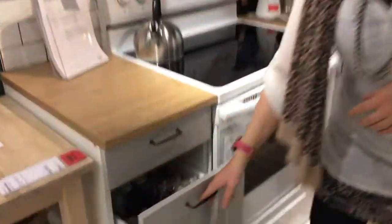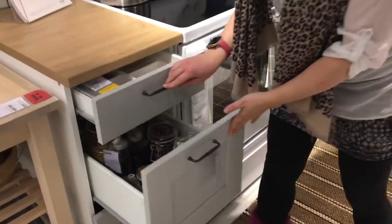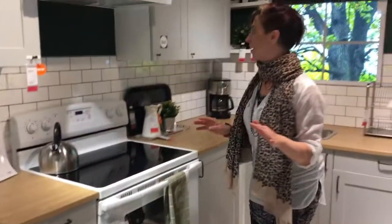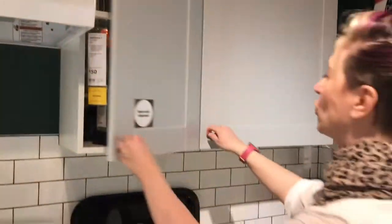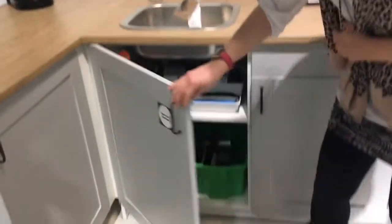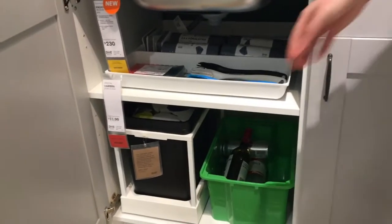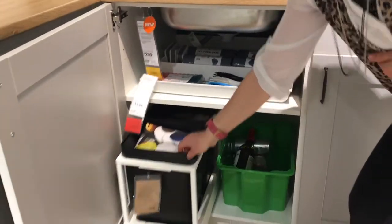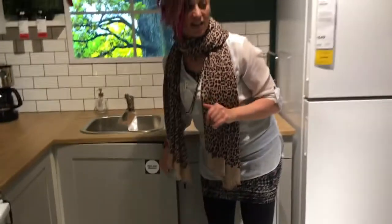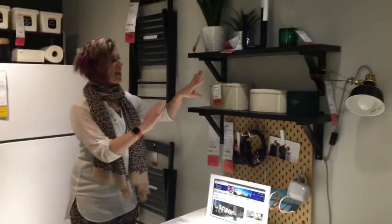So I always think that if I buy everything they have in these drawers at IKEA and I bring it home, I'm gonna end up just as organized as all of these cupboards look, right? Take a look at these. They got so many great systems for organizing everything. Check this out. So I feel like if I just bought that tray and I bought that container and I bought the little slide out thing here, that I would be as organized as this kitchen is. I absolutely love what they've done with this little office desk here with the pegboard and the containers here for